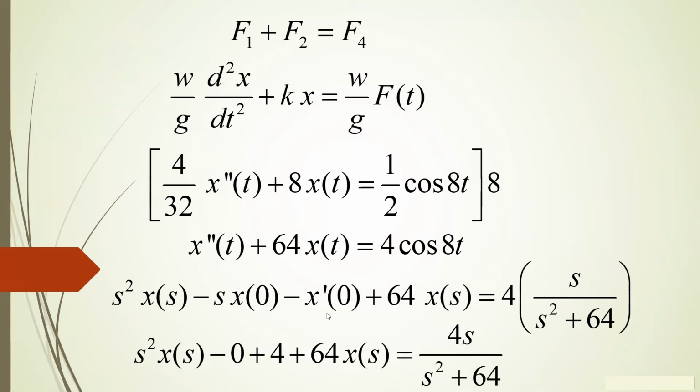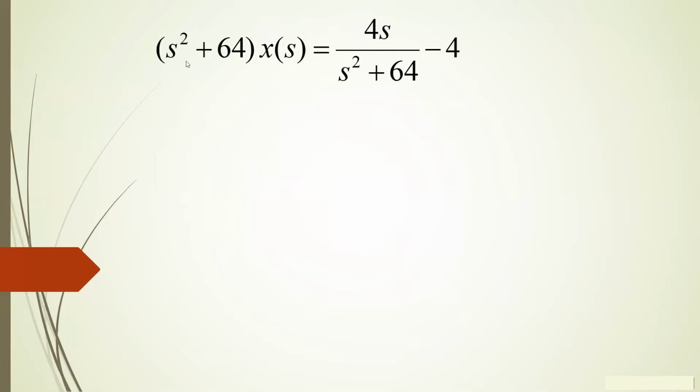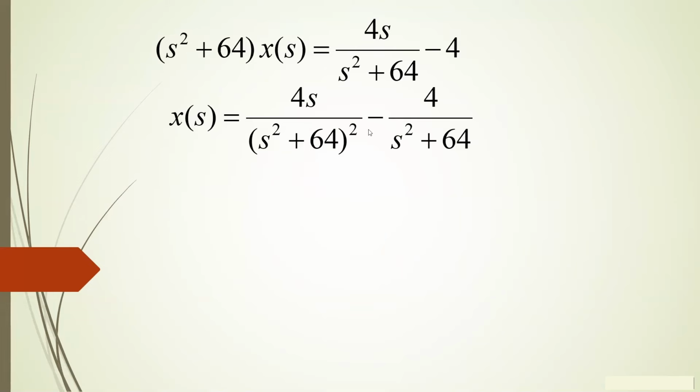So let's plug in those values. Alam natin, it started at equilibrium then. It did not change in displacement. So this one, everything with x sub 0 is 0. Ito, the initial velocity is going up. So minus negative 4, it becomes plus 4, right? Okay, and then let's combine what we can combine. So minus 4 pala, mamumove. So if I would solve for x of s, it would look like this.